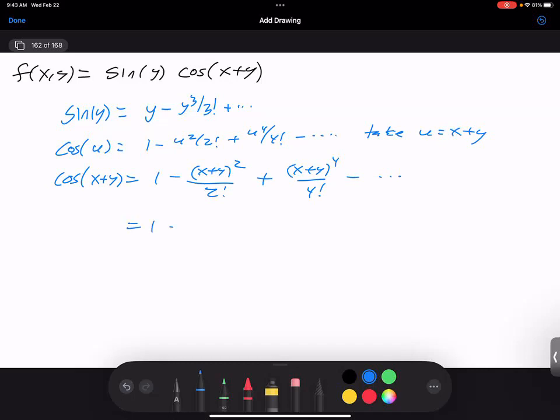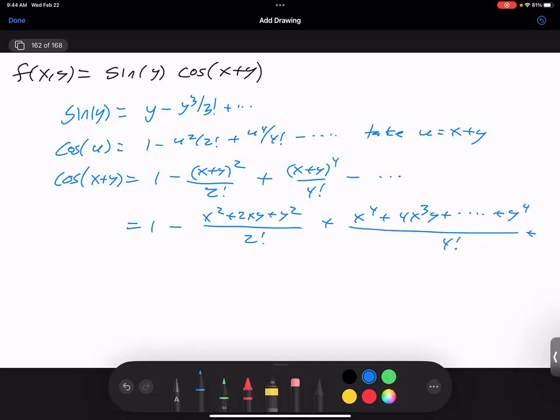So this is 1 minus (x squared plus 2xy plus y squared) over 2 factorial plus (x to the 4th plus 4x cubed y plus and so on, plus y to the 4th) over 4 factorial, and so on. And then we could multiply them together. And so if I have a complicated function, I can often reduce it to understanding simpler ones. And so if I start to multiply things out, I would get